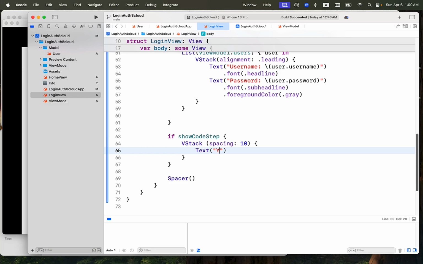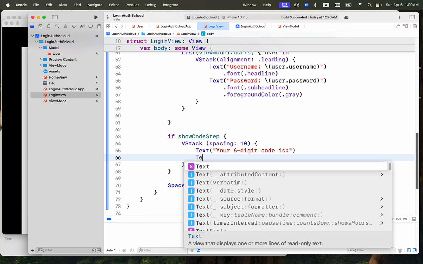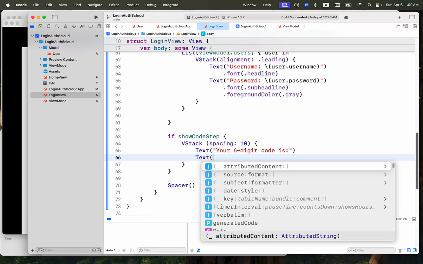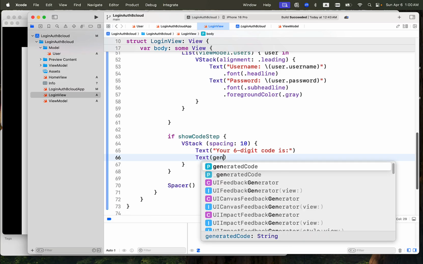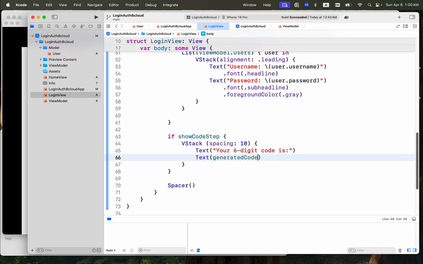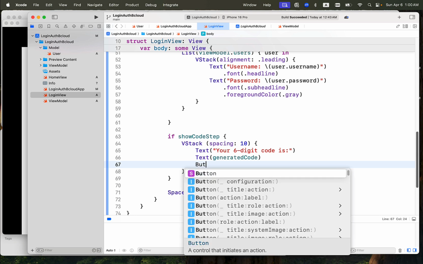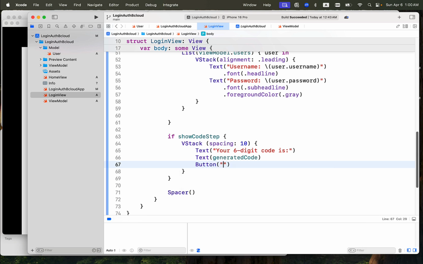So we can say "your 6-digit code is", and the next one we need to put maybe generate code, and the next one is a button, and then we can say continue. If it is continue,